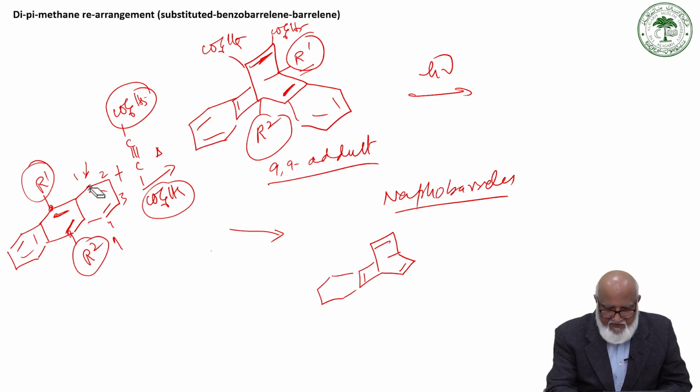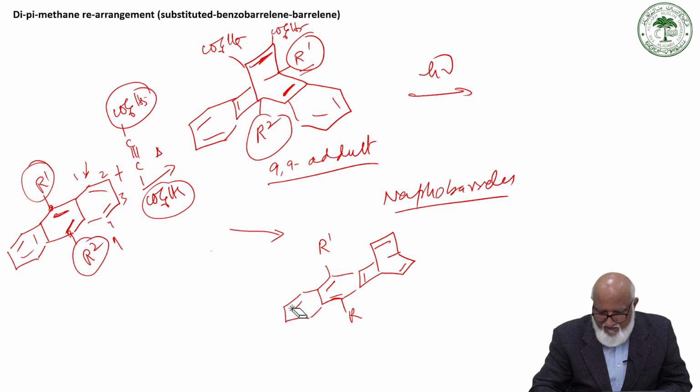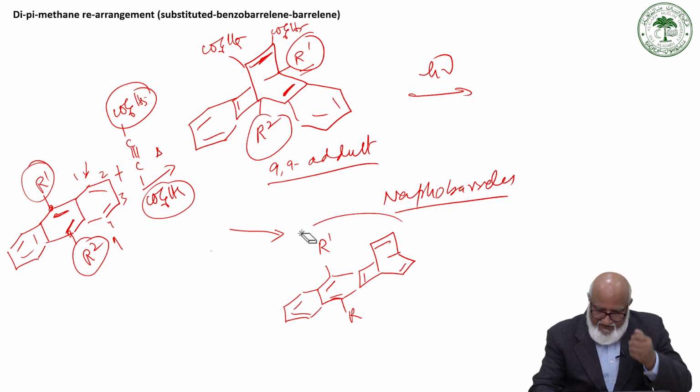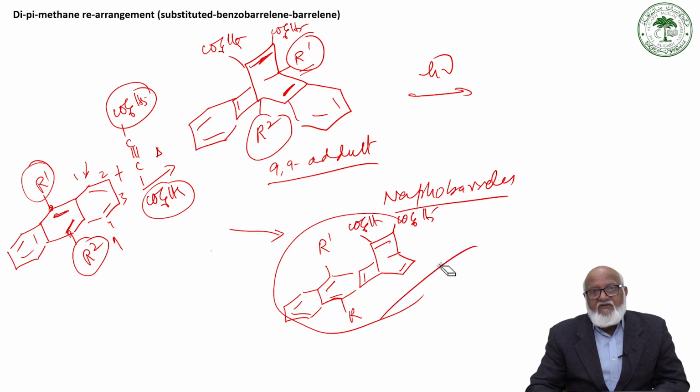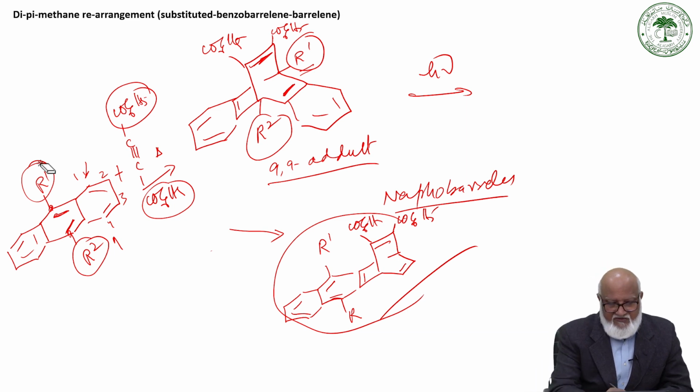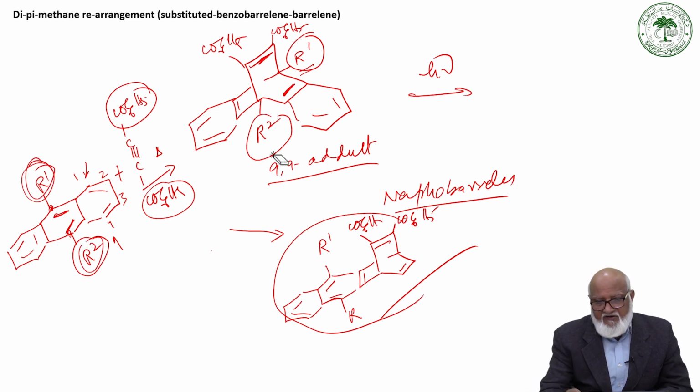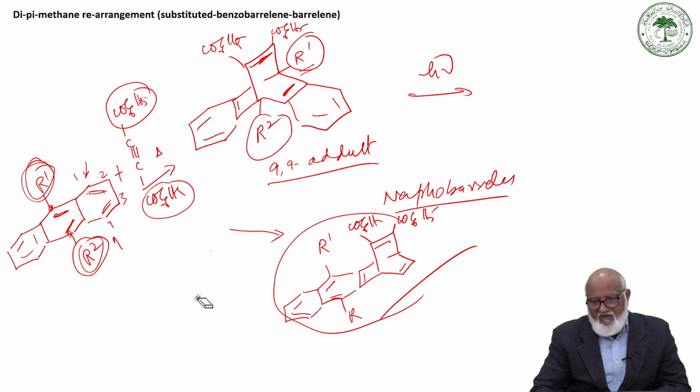So addition is taking place at this. So this is R1 and this is R2, and then we have a two benzoyl group COC6H5 and then COC6H5, and this type of rearrangement. This type of product has been observed when these R1 and R2 are bulkier, and of course due to these two double bonds become more reactive.